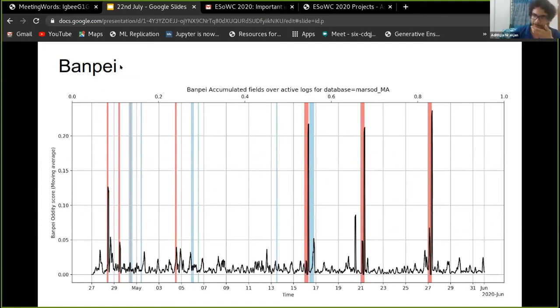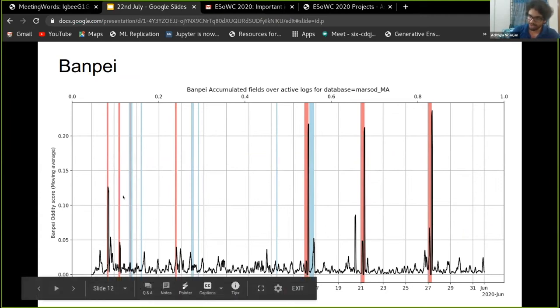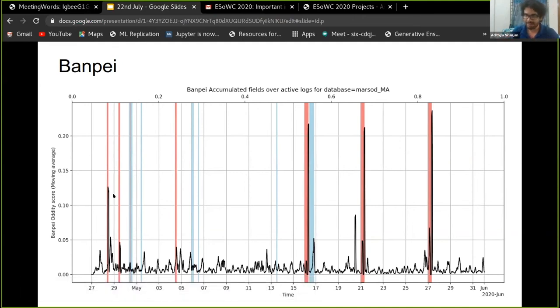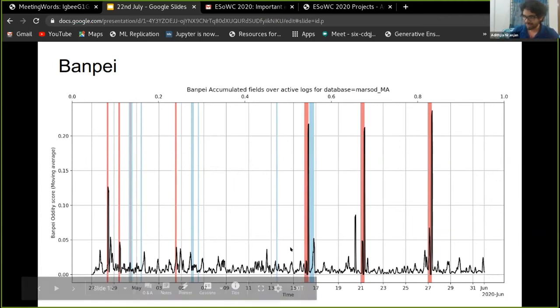This is BANPI. BANPI is a simple algorithm used for change point detection. It detects whenever a time series deviates from an existing global pattern. As such, it is more useful for detecting longer anomalies of the contextual kind. In this graph, you can see out of the points that we have labeled, the red lines and the blue lines correspond to the anomalies that we were provided, as well as anomalies we have labeled ourselves. BANPI seems to detect the larger anomalies, say the ones around 21st and 27th and so on, fairly well. You can see a spike in the anomaly scores. But for the smaller anomalies, it has a slightly harder task.